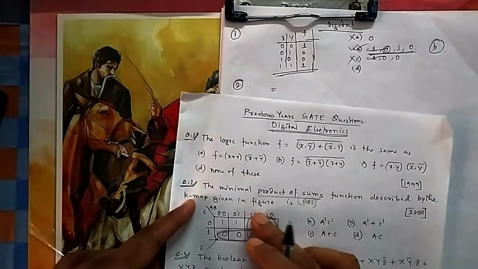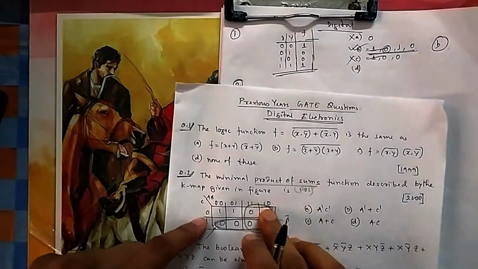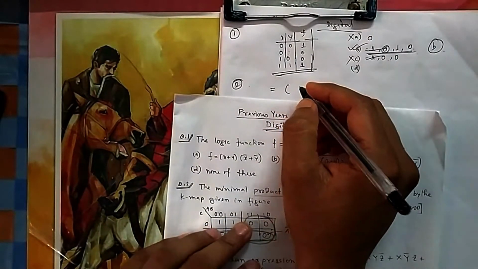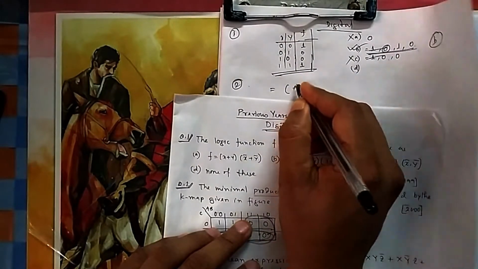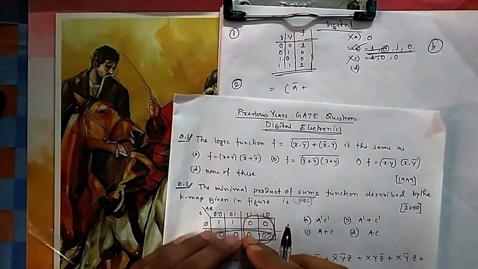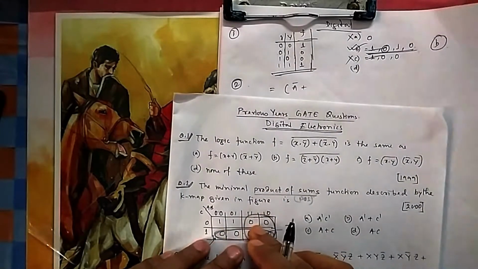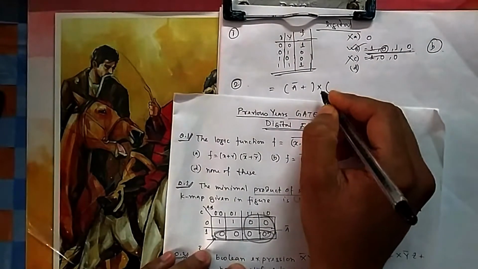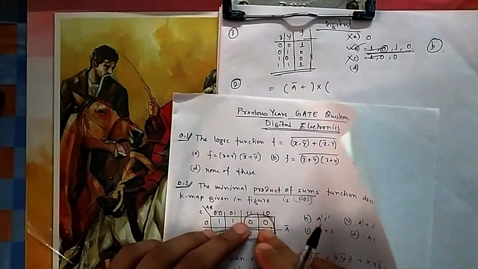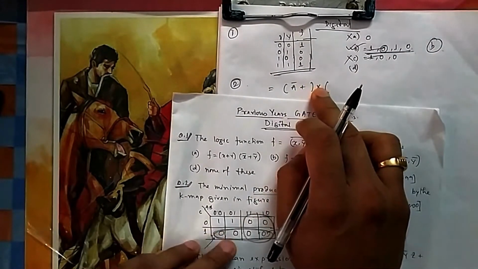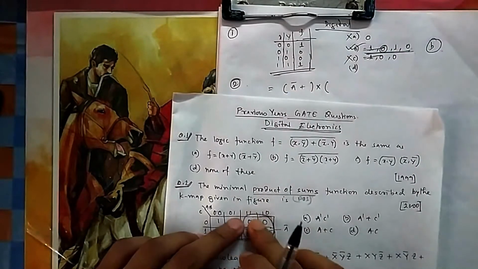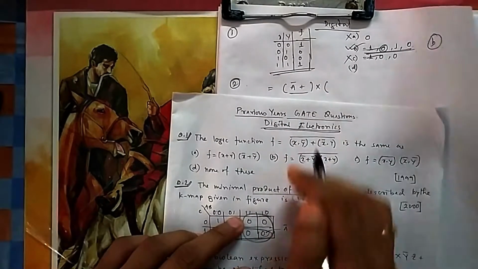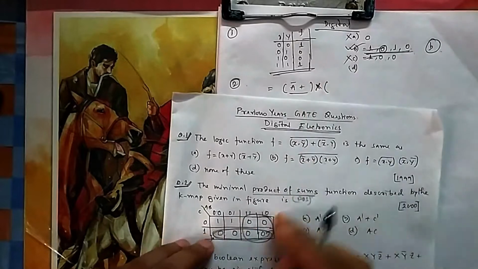So from this quad, if you see which one is not changing, C is changing, B is changing, so not changing is A. So it should be A, but because it is POS, for 1 we write A bar. So that's why it is A bar. Plus, anything not changing? Everything is changing. B is also changing, C is also changing. Normally we multiply, but here we will go for the first one. If any other is changing or not, that we will put a plus. So it is sum, then we take product, then product of the next quad.